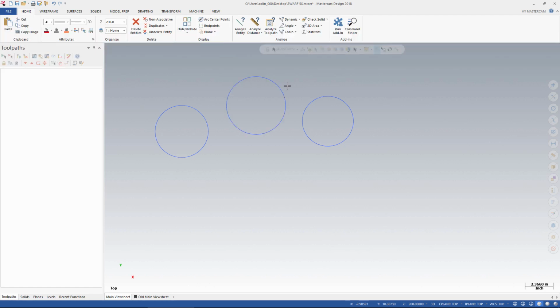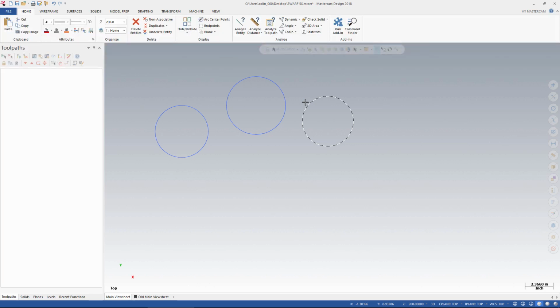I can move my cursor over to the right, and as it nears the circle on the right, you'll notice that instead of selecting the middle circle, we're now potentially selecting the circle on the right. This stipple highlighting is also known as auto highlight. And the purpose is to show you the entity that Mastercam is about to select